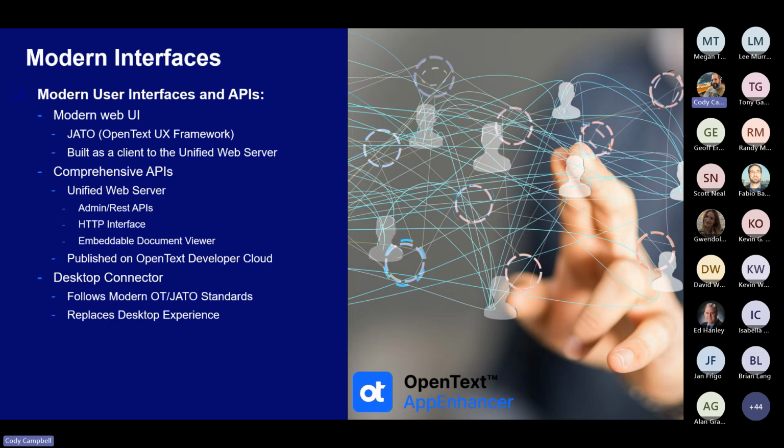And the way that we built this is different than the way we architected the web access application. The web access application is very heavy because it's got its APIs built into it, and it's everything. It's the UI, it's the presentation, it's the data layer. It's all built into one app. We've separated things out, and we've created a unified web server that has all the backend components and some of the front end components, so that you have one web server you could deploy to get all your APIs available to you.